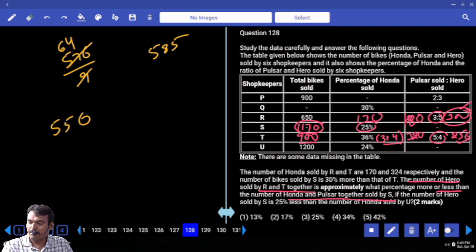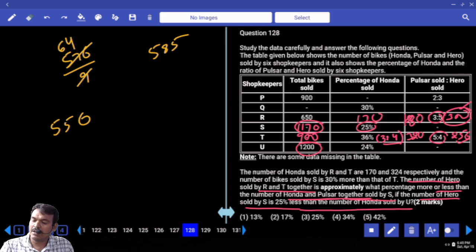585. But here one more condition is given. Honda and Pulsar together, or only Honda? Honda and Pulsar together. If the number of Heroes sold by S is 25% less than the... which one? Honda sold by U. Honda sold by U means